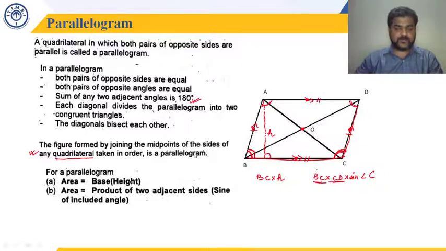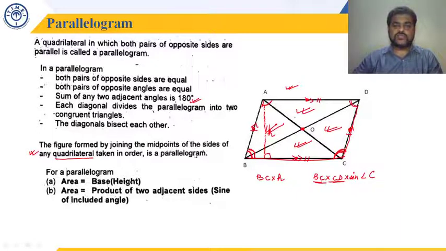Okay. And if you have to find the perimeter, then perimeter is always the length of the boundary. So you add all the four sides. Since opposite sides are equal, twice the sum of the adjacent sides will give you the perimeter of a parallelogram. Fine. Also there is one more thing you will notice. In this figure, if you draw both the diagonals, you will get four triangles. This triangle, this triangle, this triangle, this triangle. They will all have equal areas. Okay.